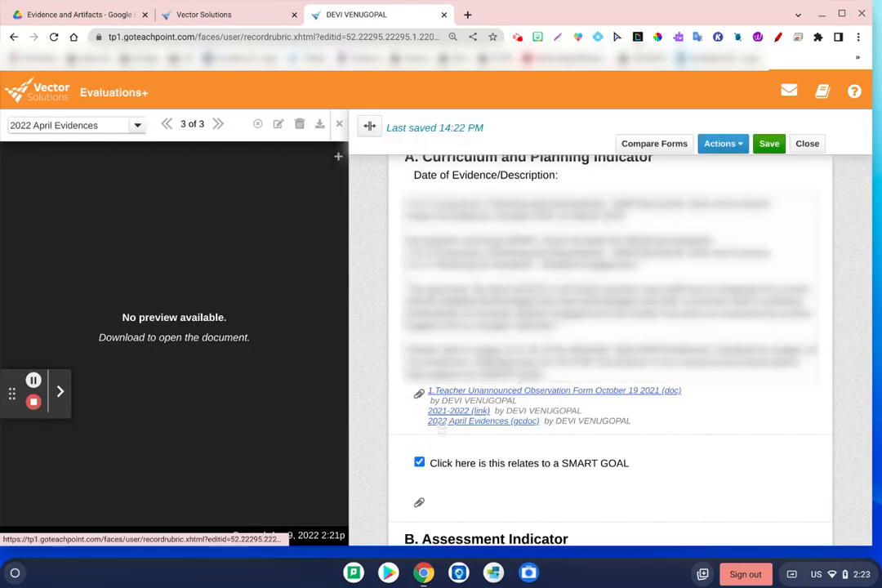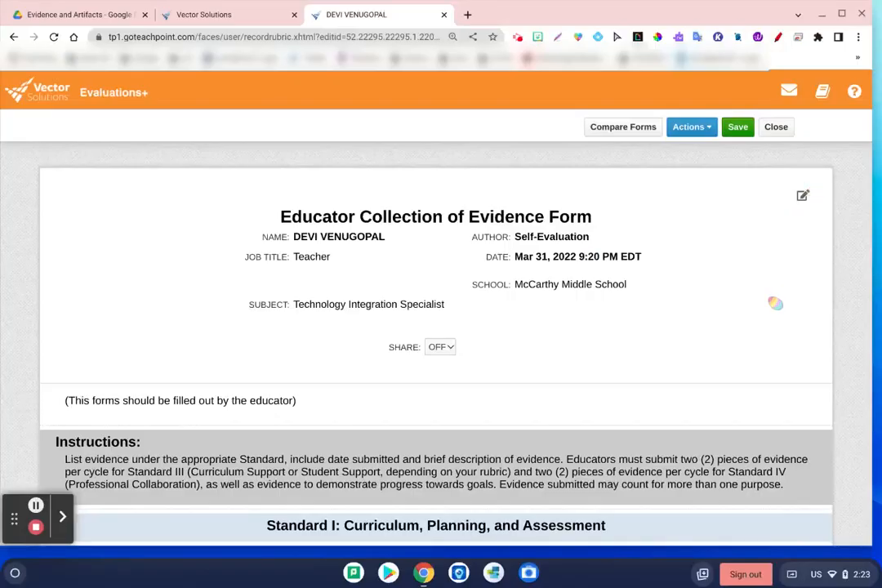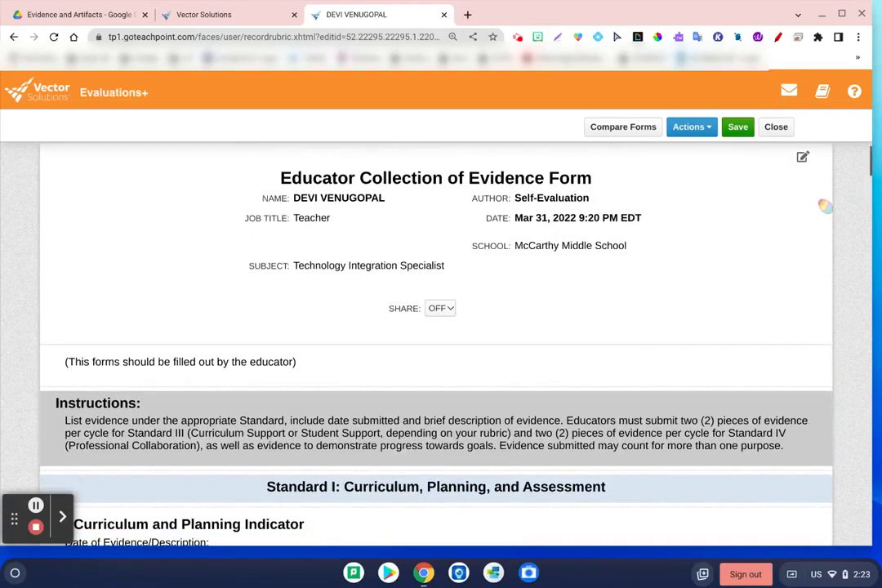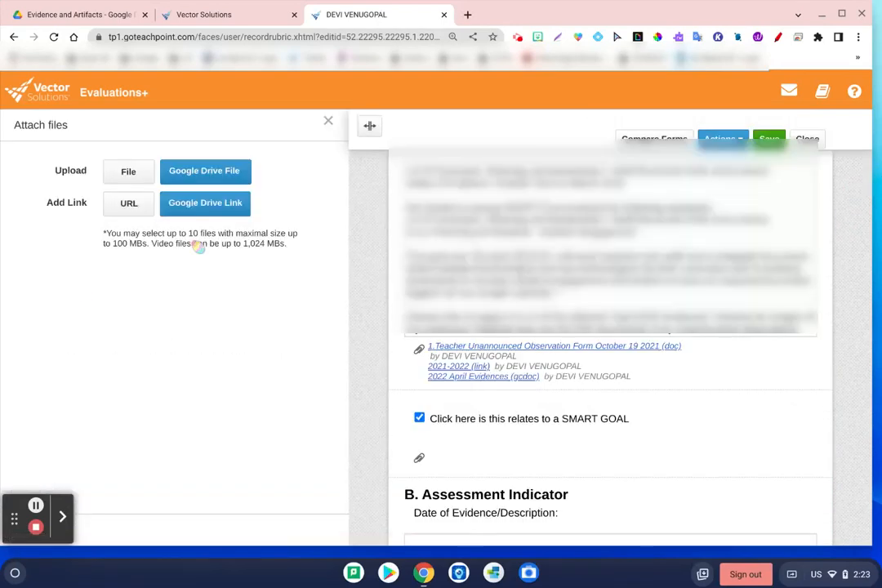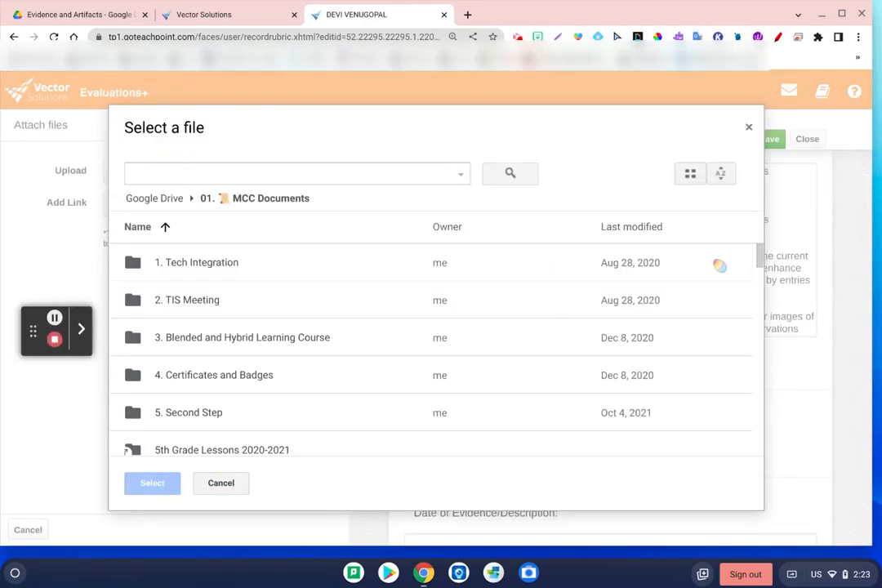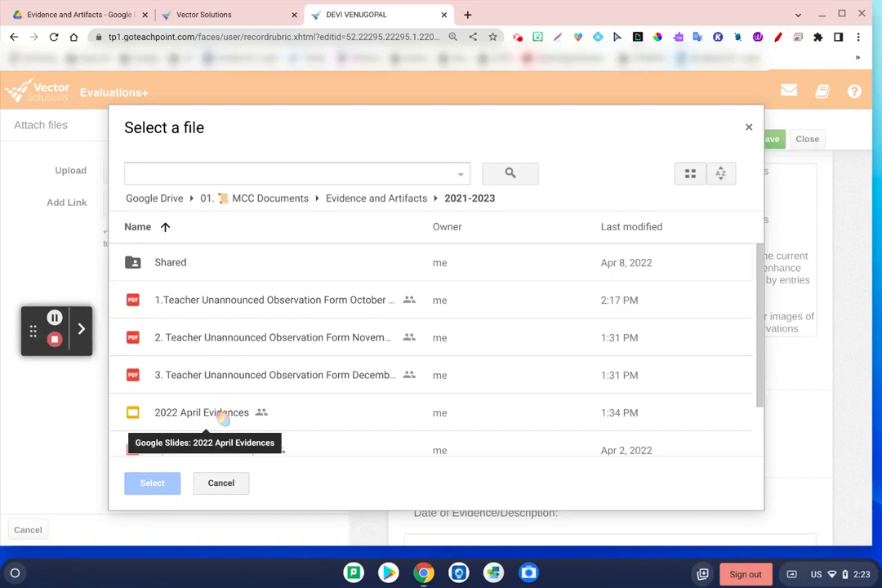It will inherit the name from your Google Drive, and go ahead and click Save. As you can see over here, it says I have a 2022 April evidences, and there's no preview available. But your evaluator can still click the download button and be able to see what you have attached. Another way you can also attach the same evidence document is by clicking on the paperclip, clicking on Google Drive link, navigating to your evidence folder,